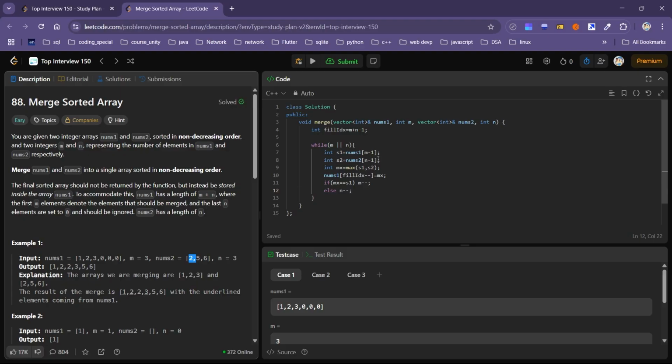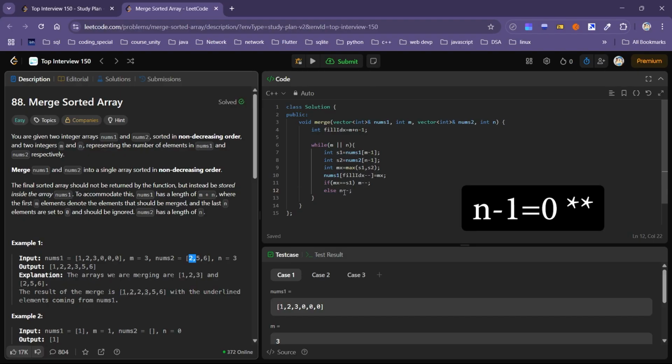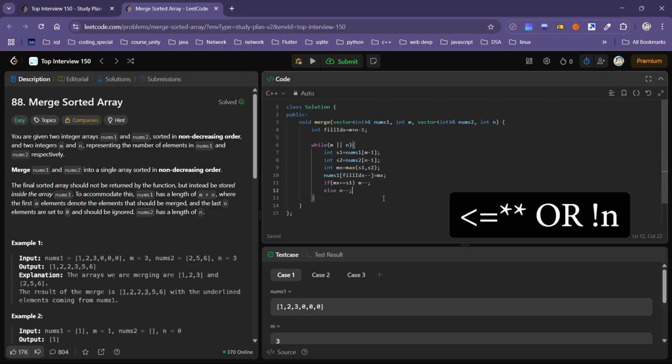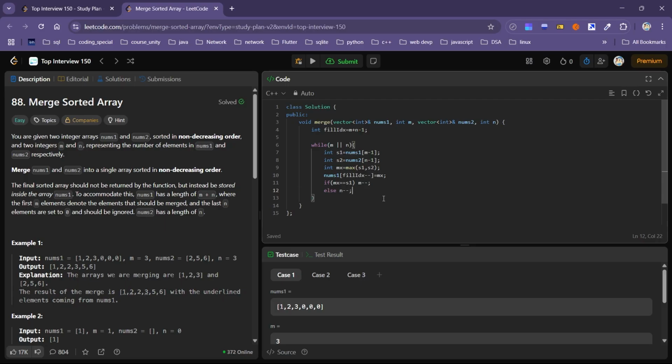So if n is 0 here and we have used n in this iteration, which means we have assigned that s2 inside this, which means s2 is used, and the next time n minus 1 is 0 here, which means in the next iteration it will be minus 1, right? Which we don't want. So if n is less than 0, then we can quit early. Okay, so what I'm trying to say is, if n is not there, then we can return early, or we can say that there must be both m and n. So in this case,